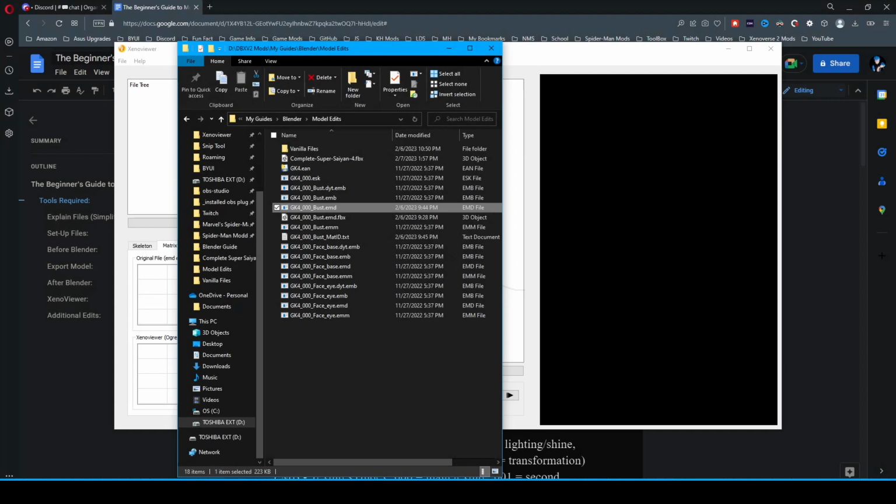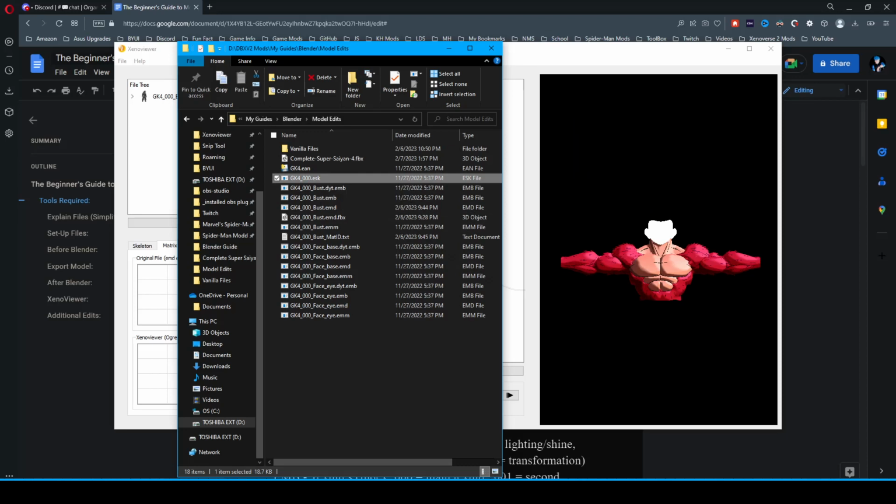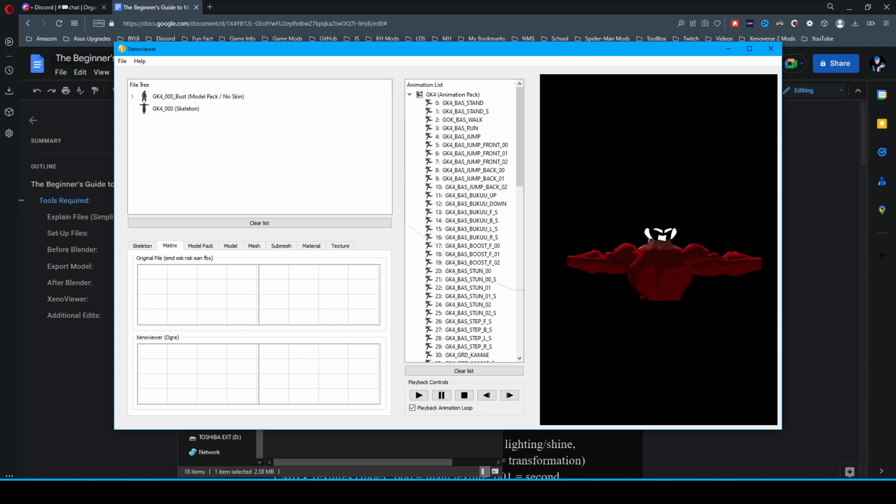Alright, so now you're ready to test the model inside the Zen Viewer. Now, straight off the bat, I can already tell that the first part is correct. I can actually see the model. Now, if I can't see the model, then I would just need to turn the camera around and look right in front of me, and the model is most likely just in a huge view. And all you need to do is go back and make sure you use the right export settings inside Blender. Now since I can see the model, I need to test the animations.